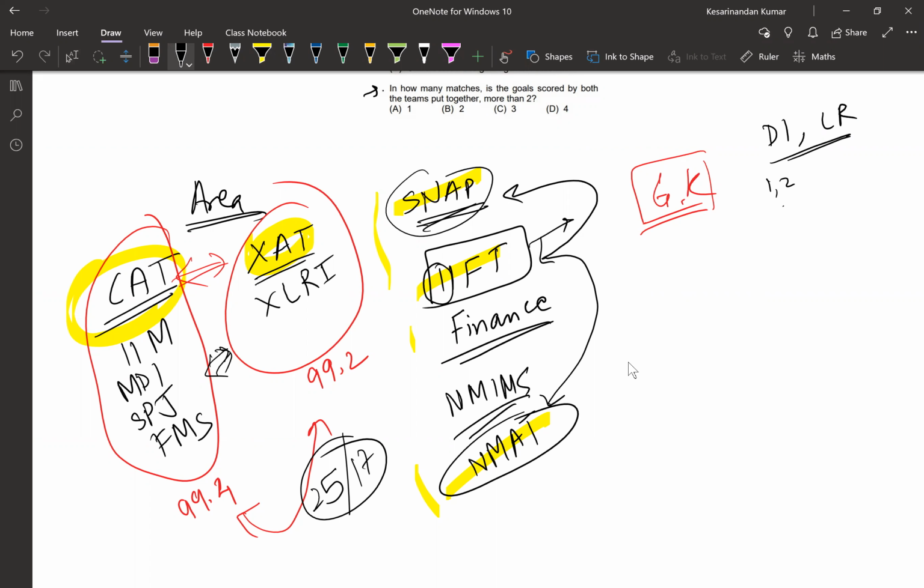The important thing is, in CAT you have a 1 hour slot per section. You have to attempt one section for 1 hour. That does not apply here. You can roam the entire paper. For IIFT, it goes the same. You can decide however you wish. They can change it anytime also, but you have various strategies for that part. So the strategies for this are different. The knowledge for all these exams basically remains the same.